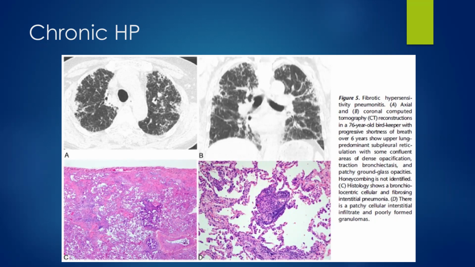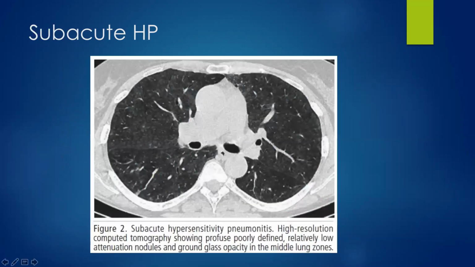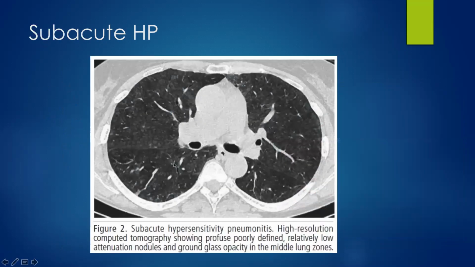So even if there's fibrosis, if you think it could be chronic HP, there still may be a role in figuring out whether they need steroids or some other type of medicine that can make their lung somewhat normal again. Subacute HP is not as obviously acute. These patients look different though. This is what a subacute HP looks like. There's ground glass, and all these tiny little nodules scattered throughout the lung. They haven't gotten to the part where they've been exposed for years and years and they're starting to scar. So they have a lot more inflammation and granulomas if you do a lung biopsy on them. So very different looking.